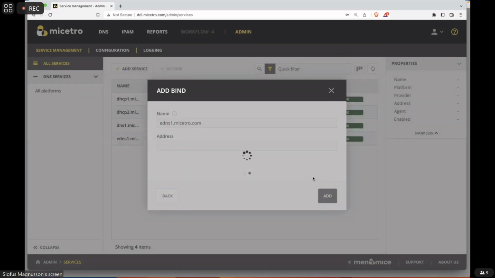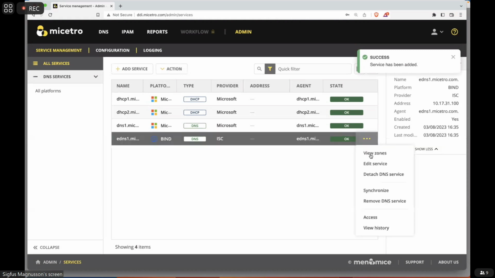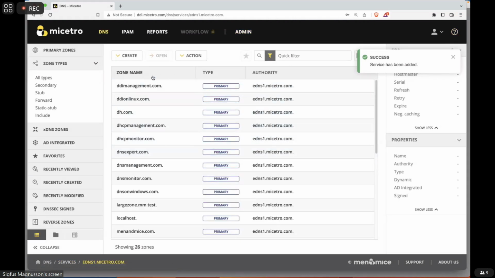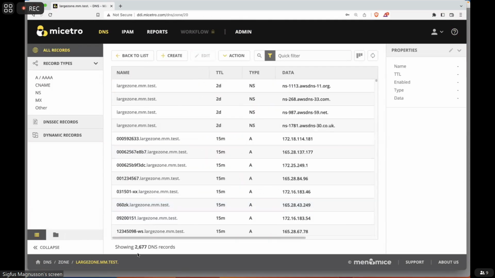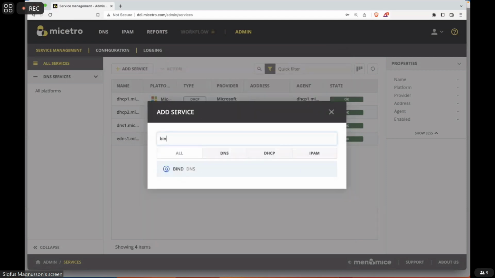Everything has a fancy name. And this was my bind server. And I can go now here and just view the zones on this server. And you can see the primary server with all these zones. And now they're all in Maestro. And the largest one here is a fairly small one, 2,600 records, but it has been synchronized into our database. Okay, and then we have another one, which is the